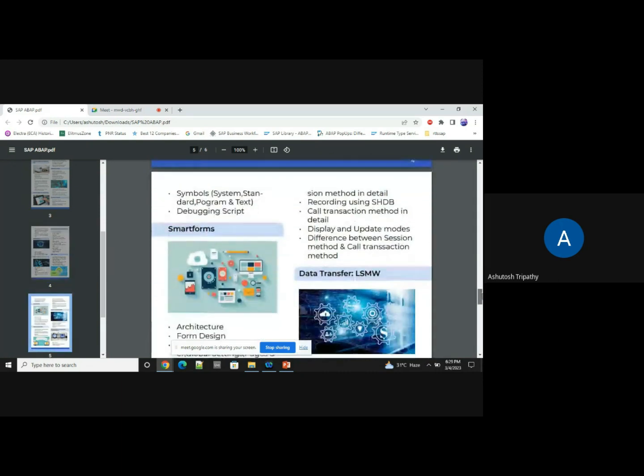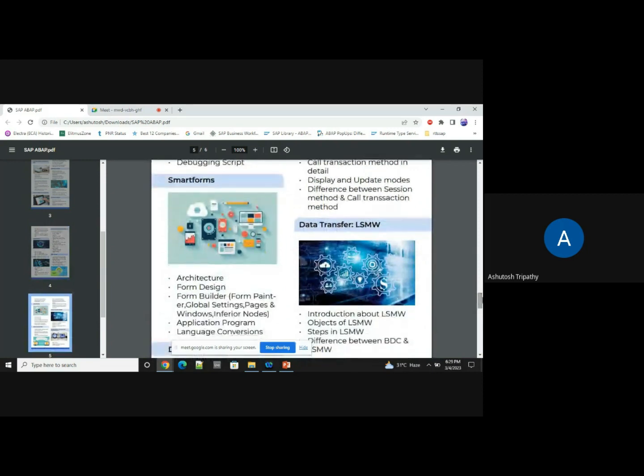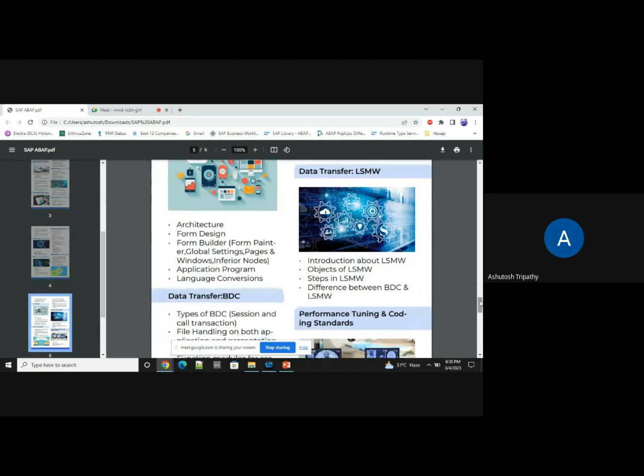Now, once all these things are over, we will be learning data transfer technology. What is this data transfer technology? There are many ways we can achieve data transfer in SAP. Why are we calling it data transfer? Let's understand first. Let's say you, as an organization, are using Oracle software for your ERP. After 10 years of usage, you found there are drawbacks. I want to migrate to SAP.